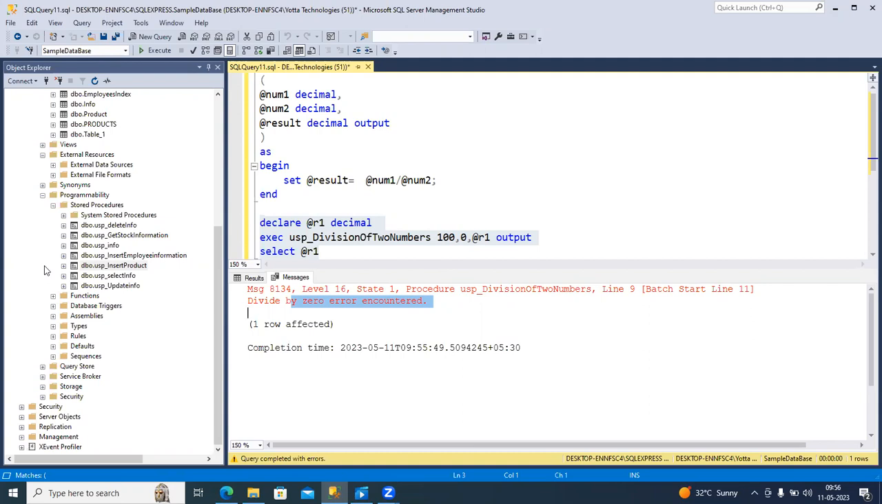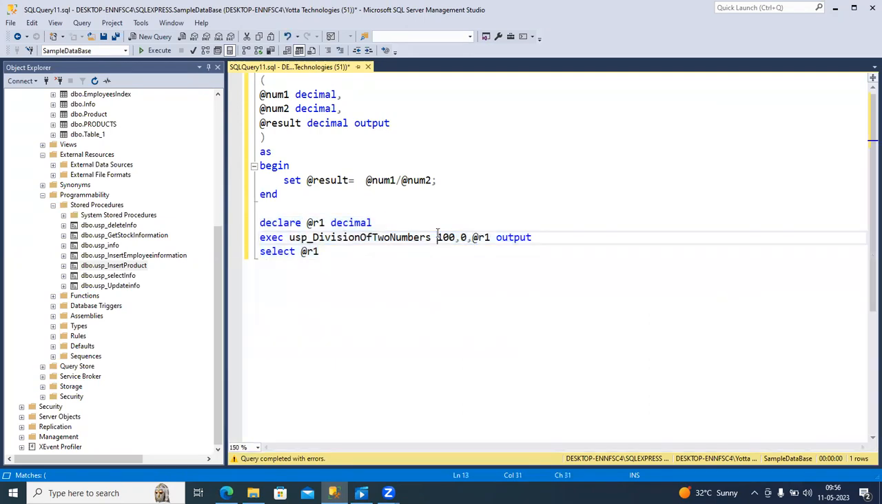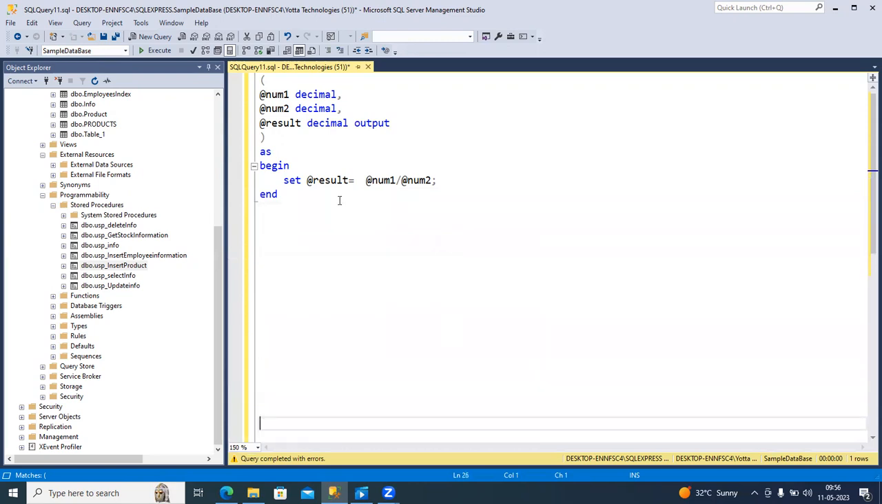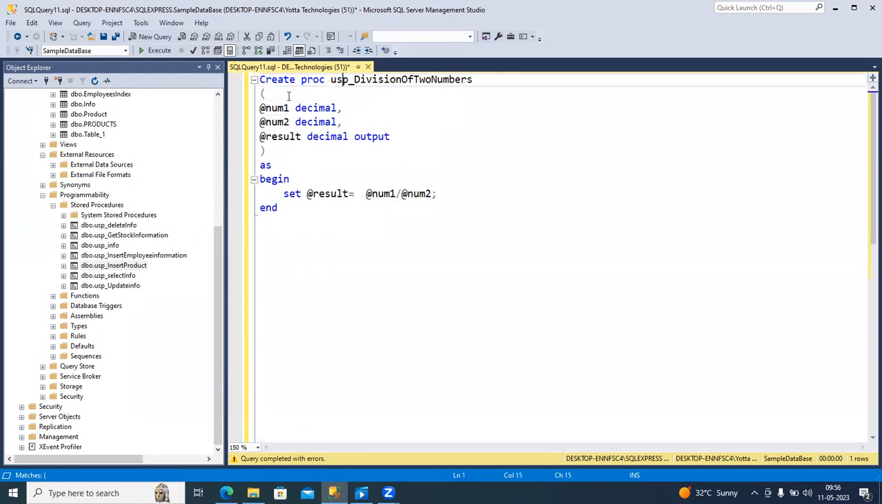So that way it will give you a clear meaning. So that is the reason you should handle your stored procedure with the try catch. So right now, this is my original stored procedure. In this, I didn't add any try catch implementation the first time. So that is the reason there was an error thrown. So now I am modifying the stored procedure